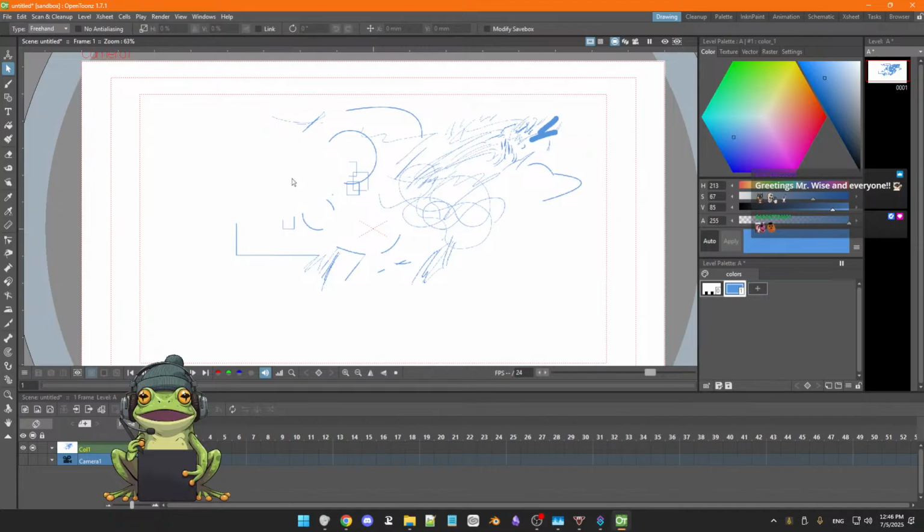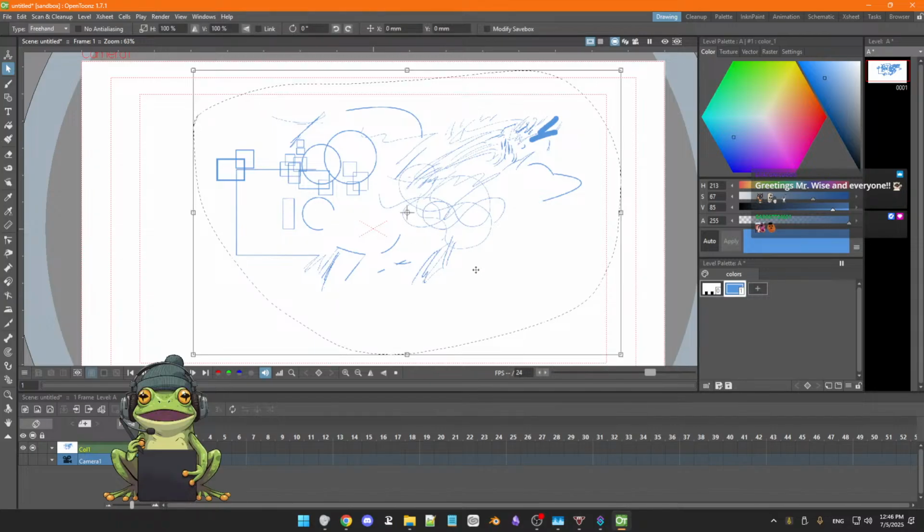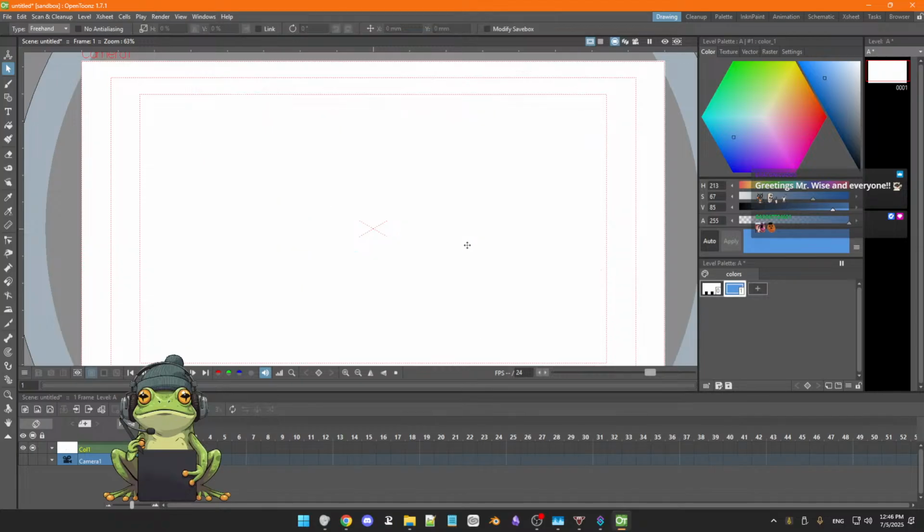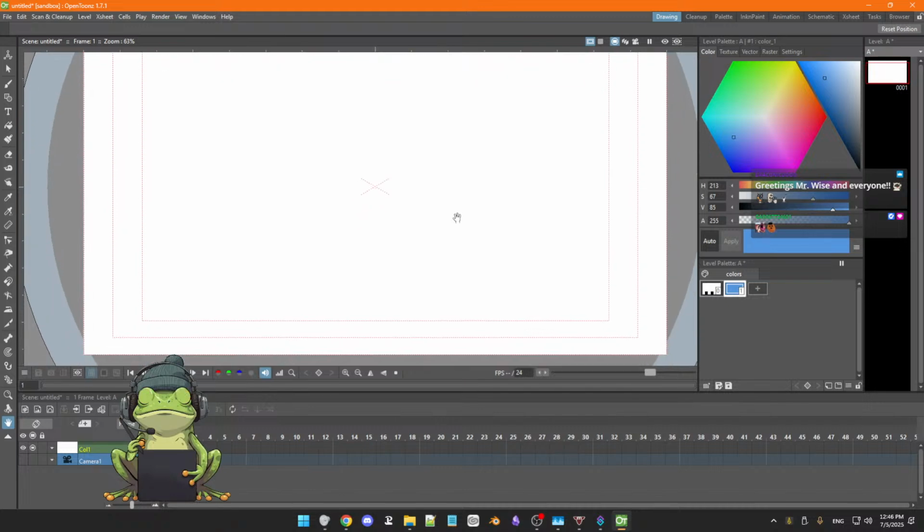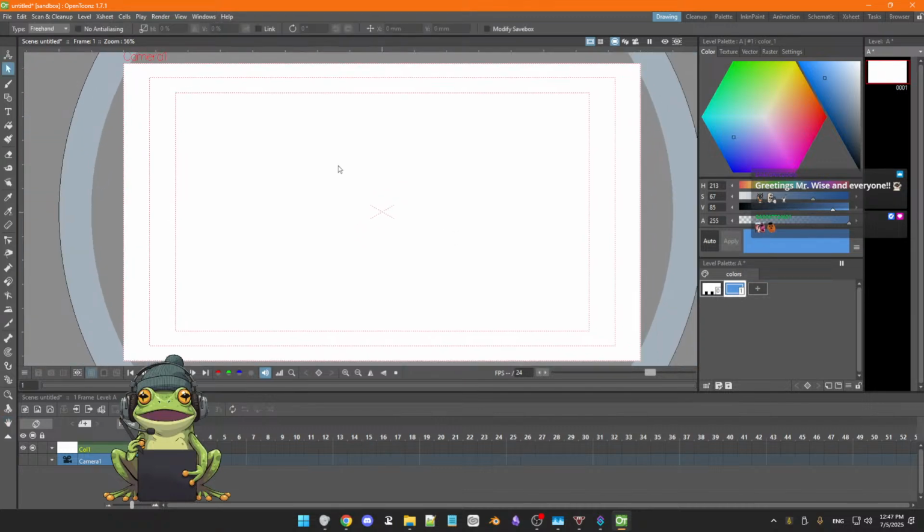Ah, there's delete. So what if we do it this way? No, don't do it that way. That also doesn't undo the selection, I guess. So hit delete, and it goes away. Alright, there we go. So then what do we do about this,